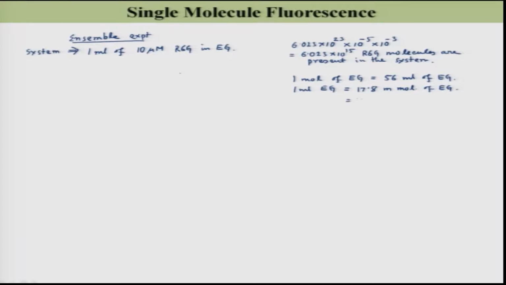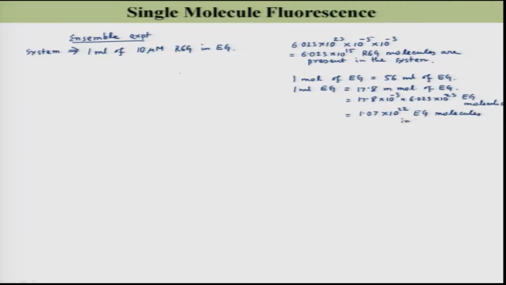So, this is equal to 17.8 into 10 to the power minus 3 into 6.023 into 10 to the power, not minus, 23 EG molecules. If you do that, this will be equal to 1.07 into 10 to the power 22 EG molecules